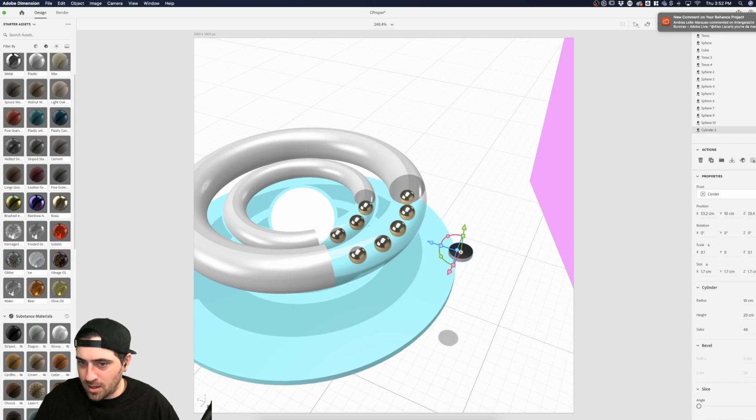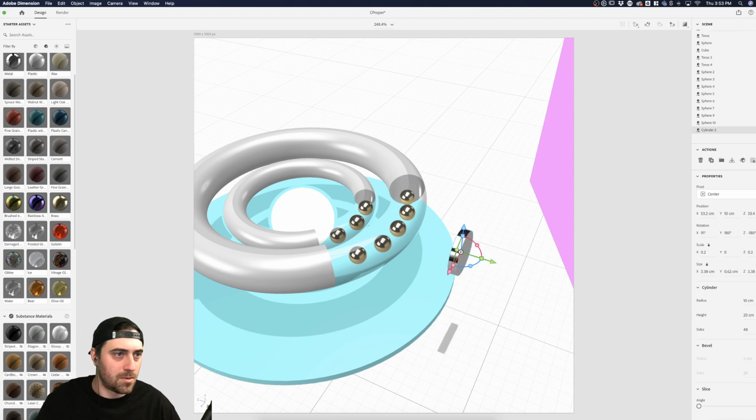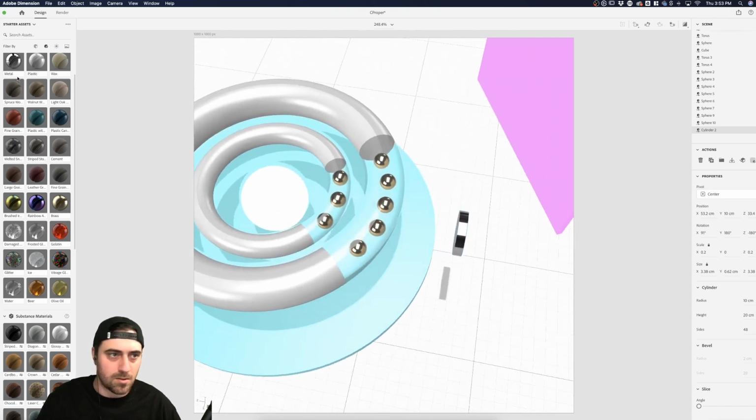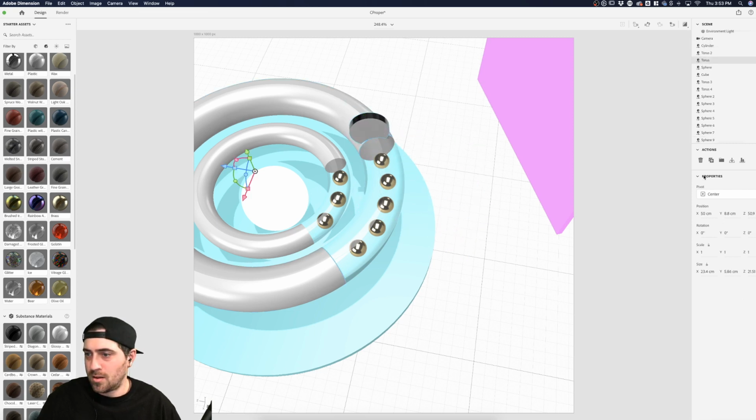Unlock the, I think we'll see what that looks like. All right. Just increase this really quickly. Rotate. And then align to